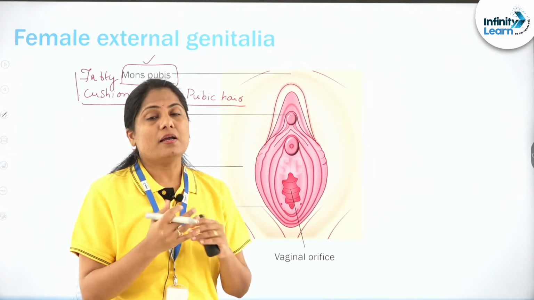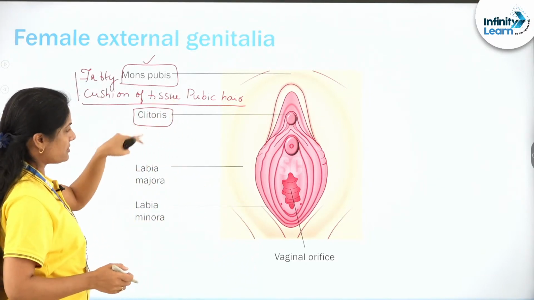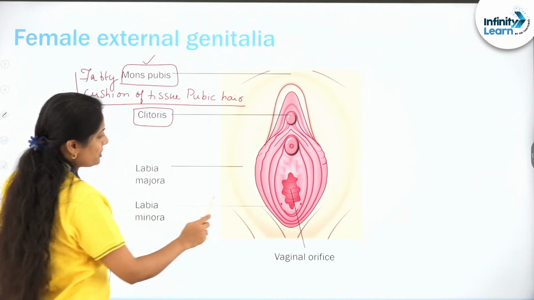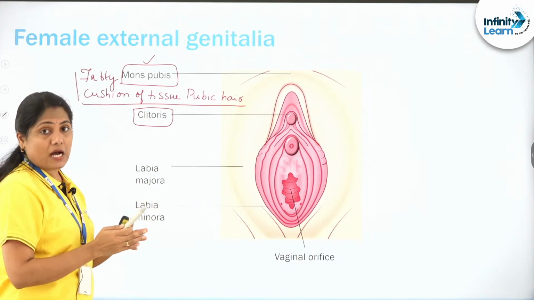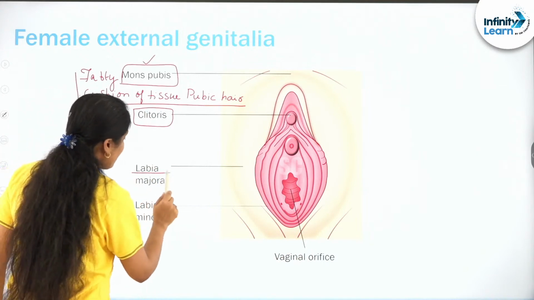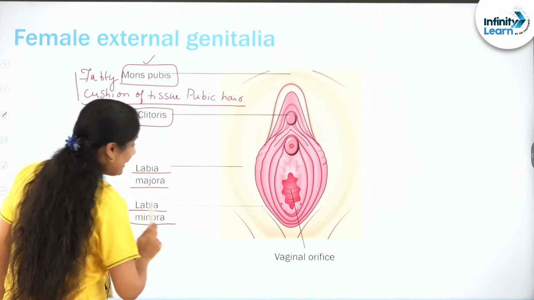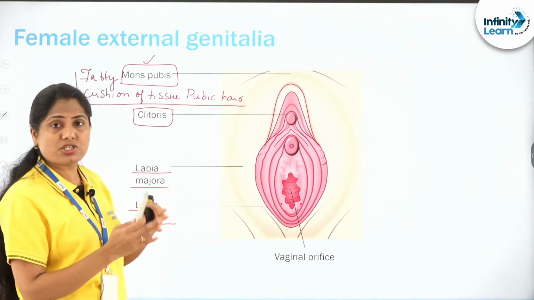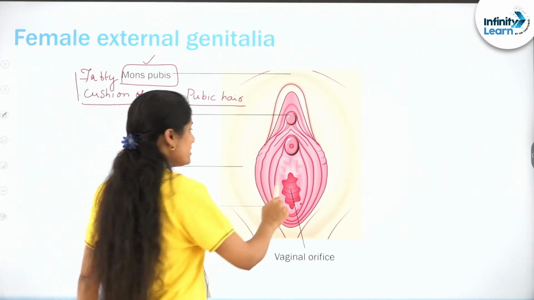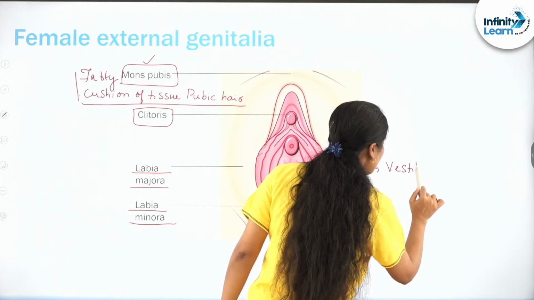But both are of similar origin. The clitoris is something which is a finger-like projection, right? And there are two vulva or lip-like structures, which are the outer labia majora, the larger ones, and the inner labia minora. And what are these lip-like structures trying to enclose? This particular area called the vestibulum,